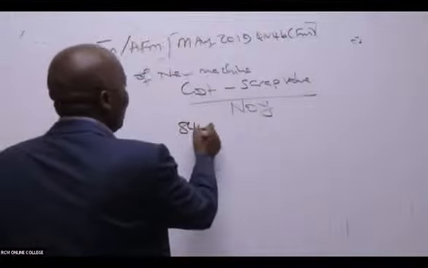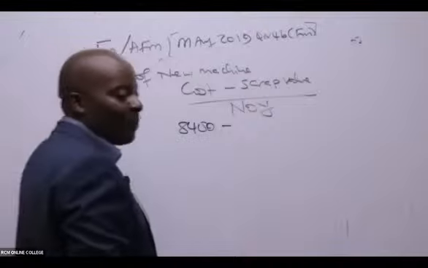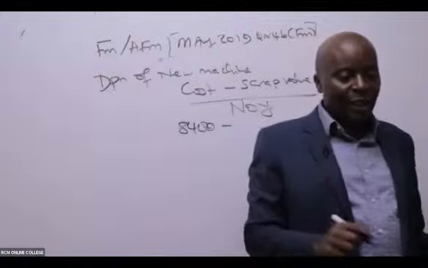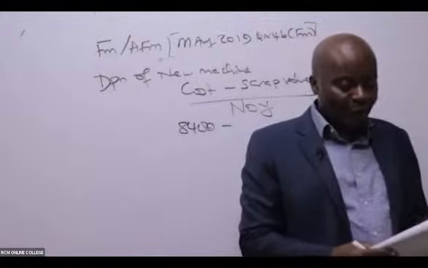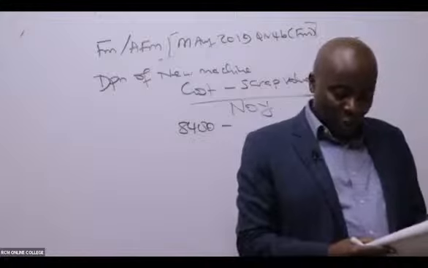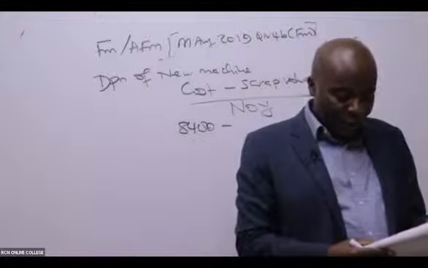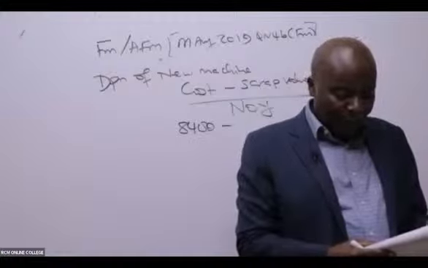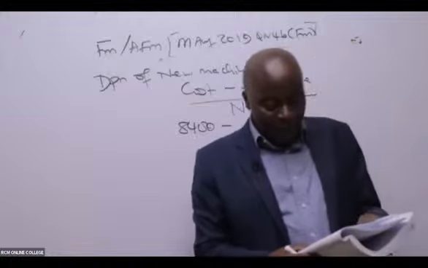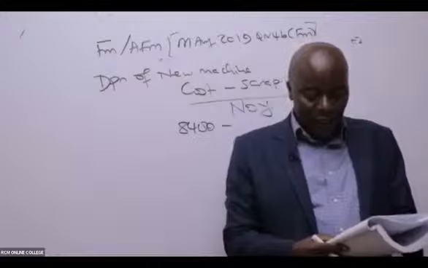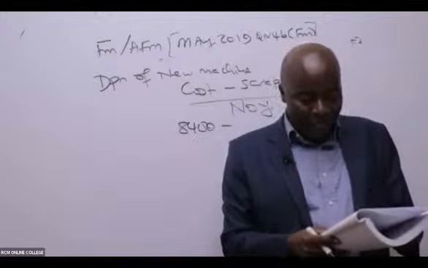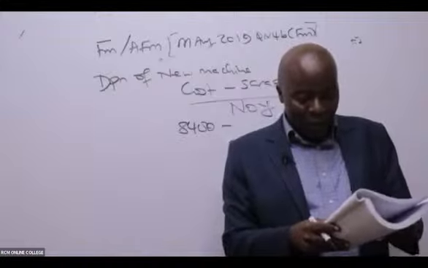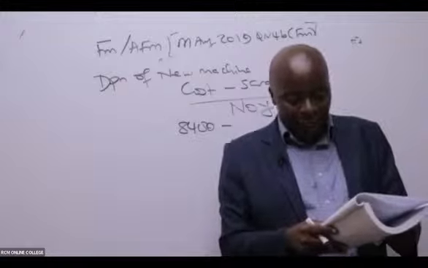So then this becomes 8,400 minus my scrap value. Does it have any scrap value? They've told us, ladies and gentlemen, that this will be scrapped at 2,500. The new machine, are you sure? They're saying 250, the new machine. The new machine is estimated to cost 8 million. An additional installation cost of 400,000 shall be incurred. The new machine has a useful life of 10 years. The financial analyst of the company estimates that the existing machine could be sold for 2,500 at the current prevailing